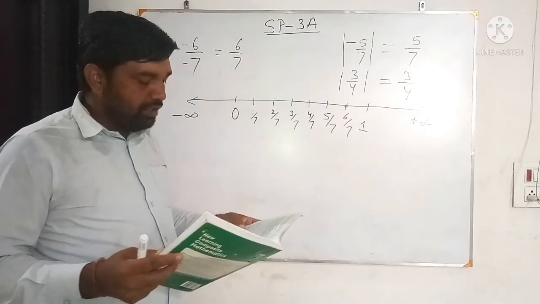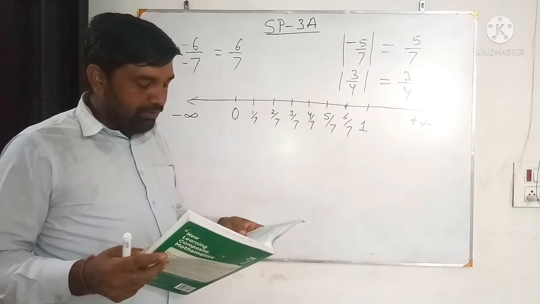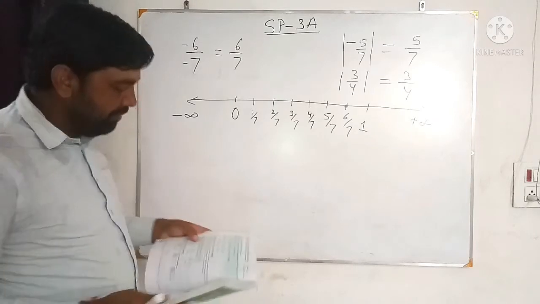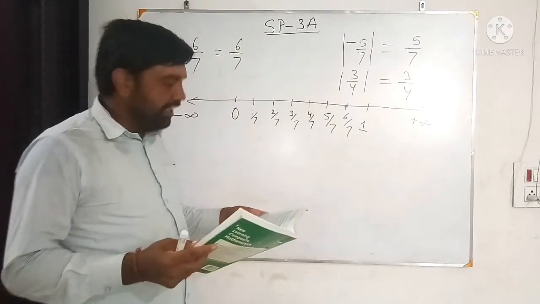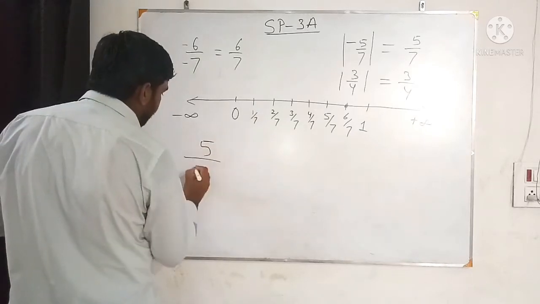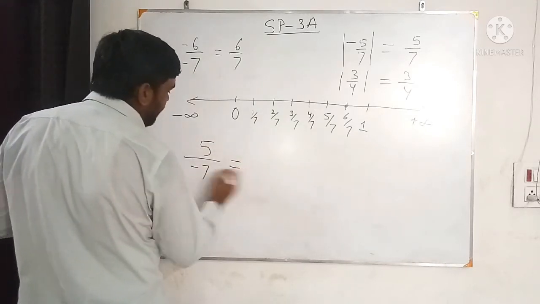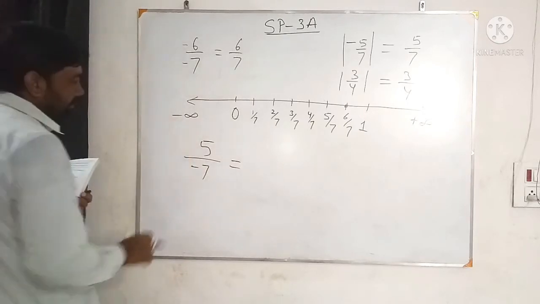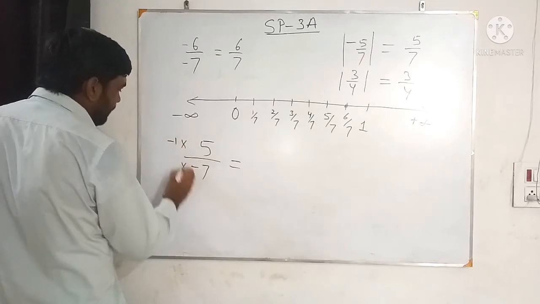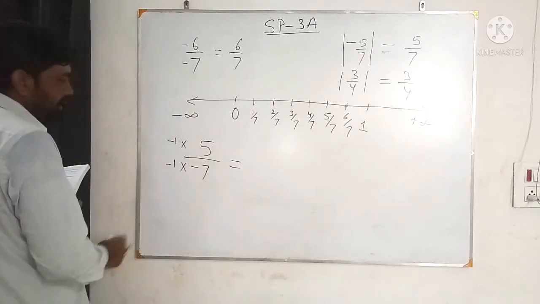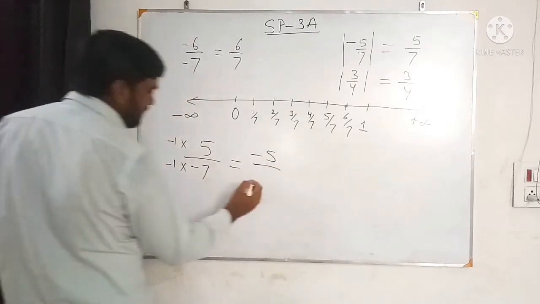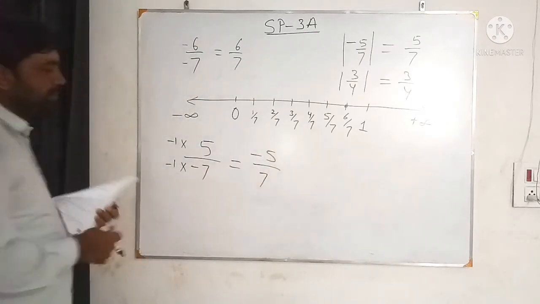If a rational number is not in standard form, we have to reduce it to the standard form. So what do we have to do? Two steps we have to follow. First, we make the denominator positive if it is negative. Suppose the denominator is negative, so you make the denominator positive. What do you write? Multiply by minus 1 both the numerator and denominator. Now it will become minus 5, and minus 1 into minus 7 becomes plus 7. Now see, the denominator has become positive.